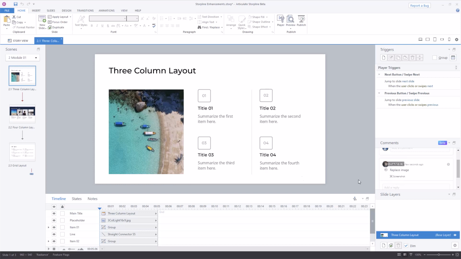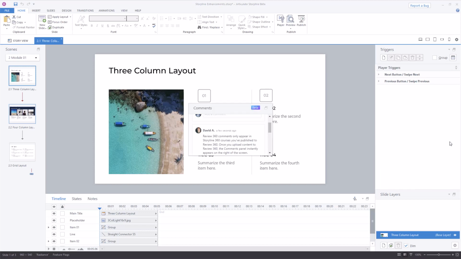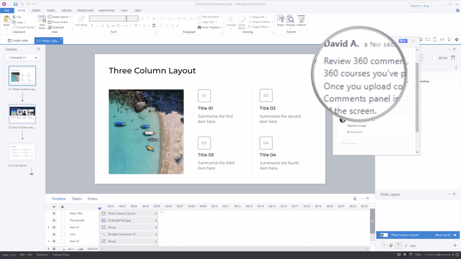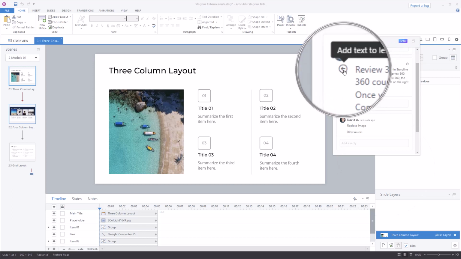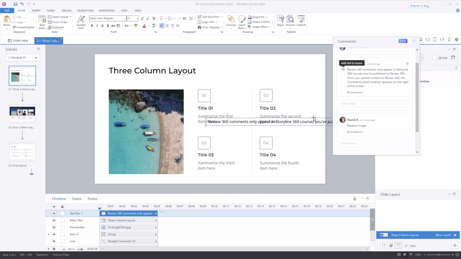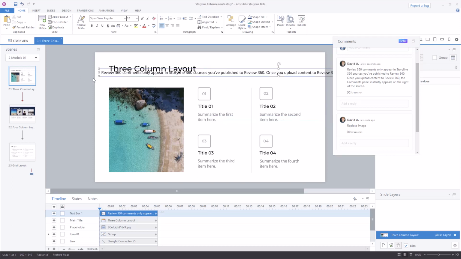Notice as I hover over, let me add just a little bit more right here. I'm going to do this. Okay, so there's a much larger text block. I'm going to minimize my triggers. And one thing that's going to be helpful here with the comments, I almost always pop this open into a new window. I found it's just that much easier to look at here. But I want to show this real quick. Notice as I hover over the text, I get this little arrow off to the side. What that lets me do is add the text directly to the screen. If I click that arrow, it's going to pop open and add a text box directly to my slide, and that text is now in there.